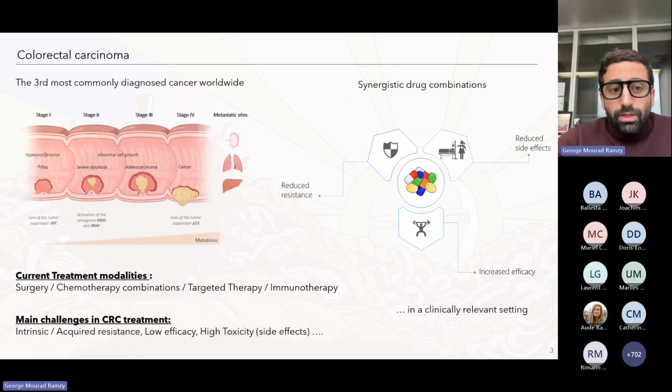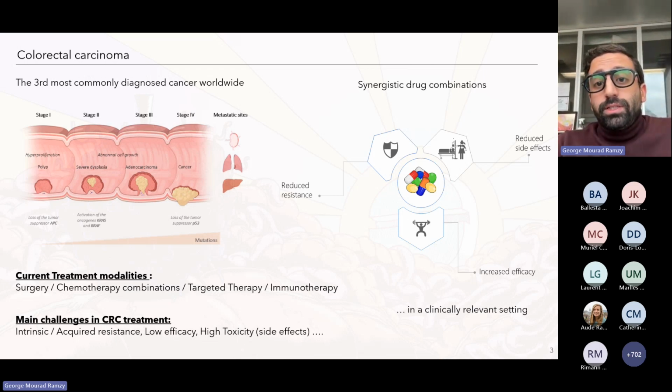So what are the current treatment modalities for this type of cancer? It is mainly surgical removal, if possible, of the primary tumor if it's localized. And this is mainly from stage 1 to stage 3, but a combination of targeted therapies along with chemotherapies is also mainly provided for the patients. However, this approach usually decreases the quality of life and does not improve the overall survival of the patients. And a small portion of patients with CRC can benefit from immunotherapy, given certain biomarkers, depending on whether they are present or not. So we can say that, generally speaking, a one-size-fits-all treatment approach is used in each of